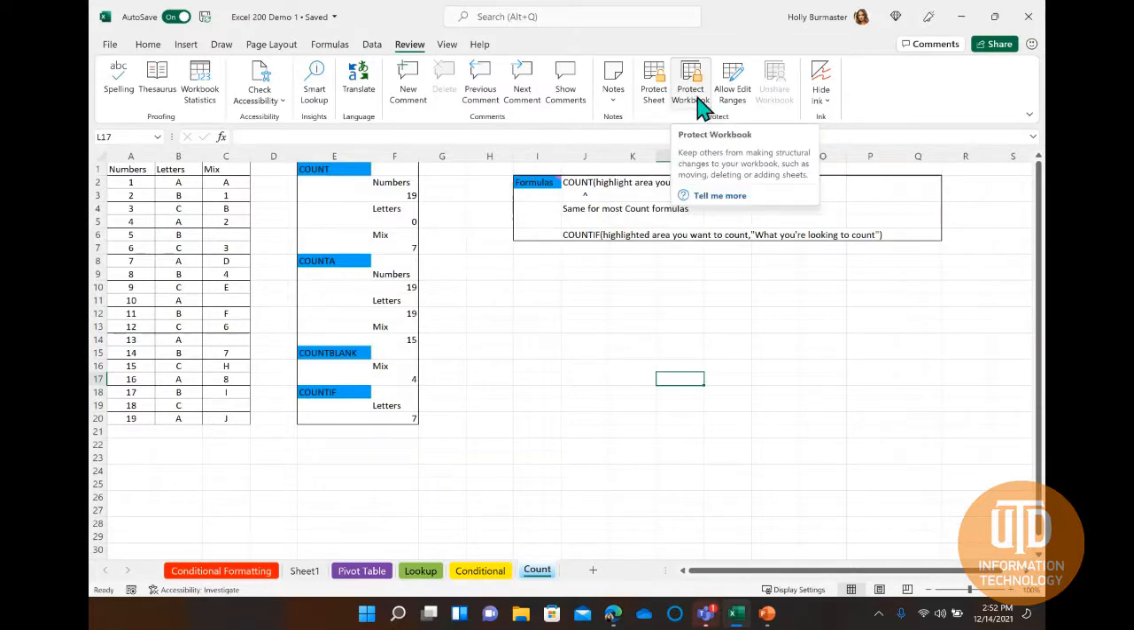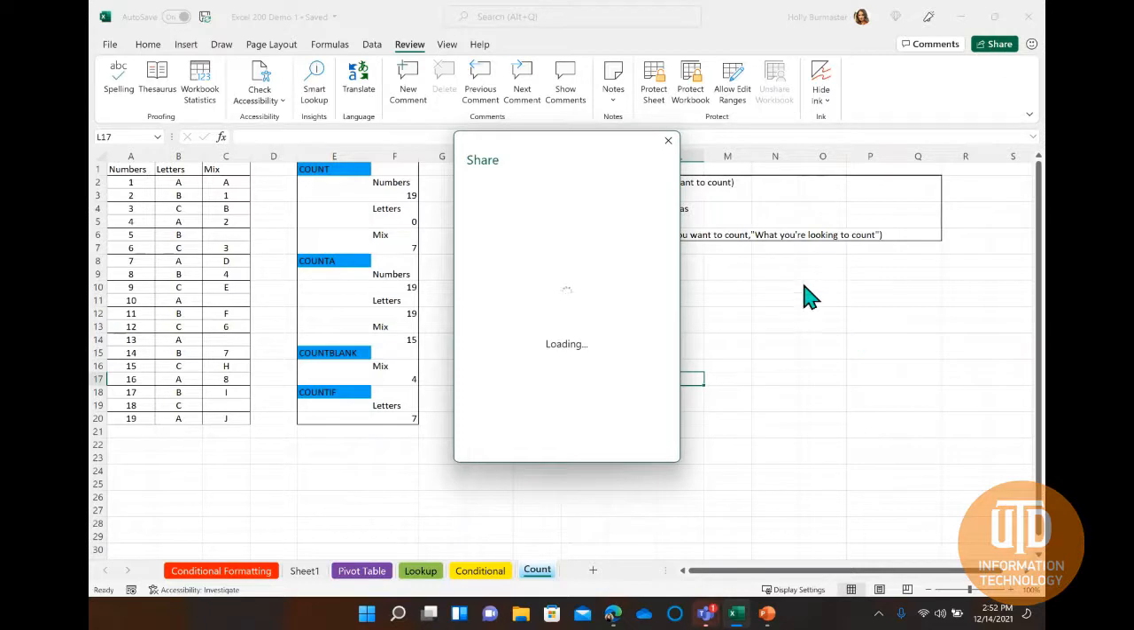You can also protect the entire workbook if you would prefer. That way people are not adding sheets or deleting sheets or any of that fancy stuff. We can also add a password to things, which we can do once we save it in our OneDrive, in our cloud, or SharePoint. We could choose Share from up here,